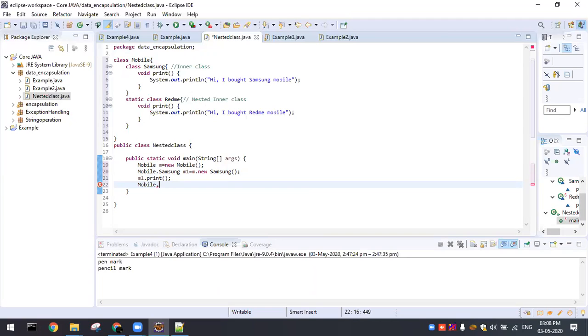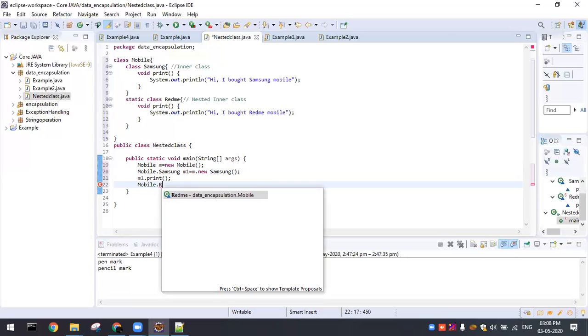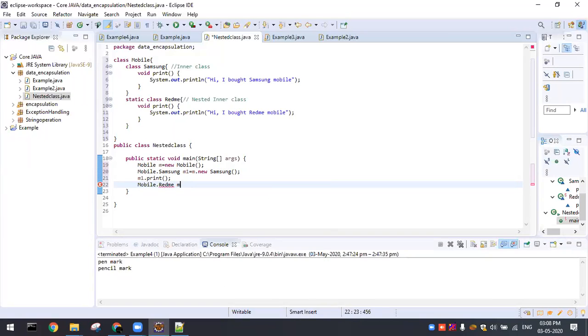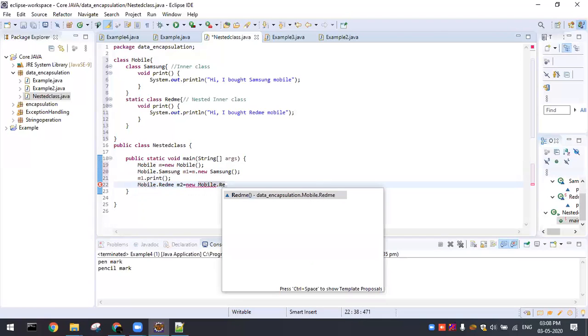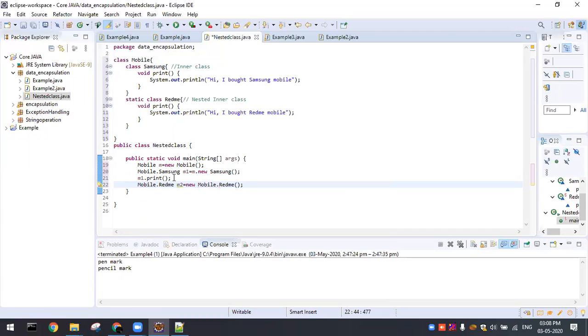The inner class is Redmi, and my Mobile.Redmi m2 equal to new Mobile.Redmi. I am not using an outer object, but I have to navigate to where the class is. That is why outer class dot inner class. The instance is also created with the help of the outer class name.